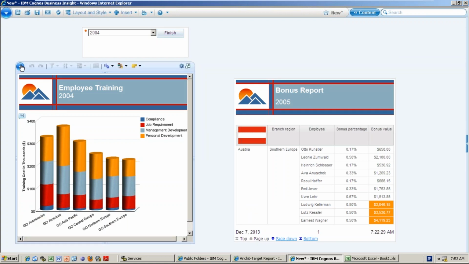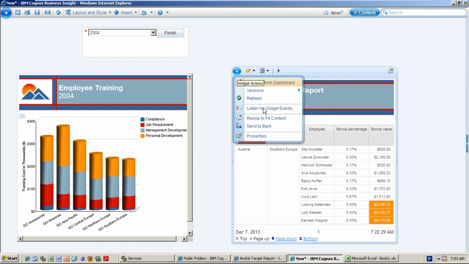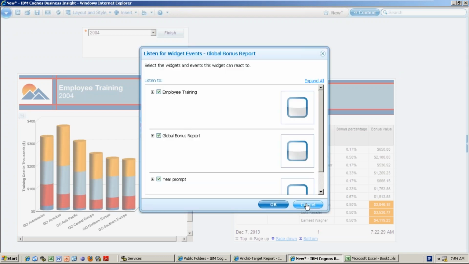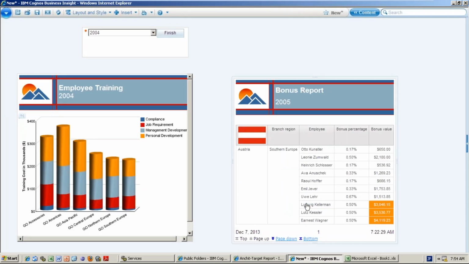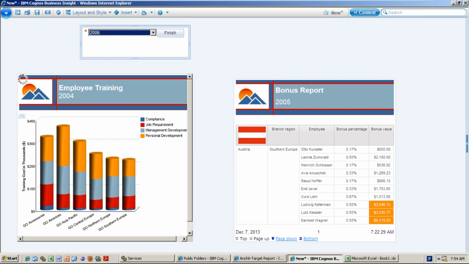Right, and for example, if this is 2005, why is it not listening from this? Listen for widgets. Maybe if the parameter is changing, see, in one report if I'm changing, it is 2006.